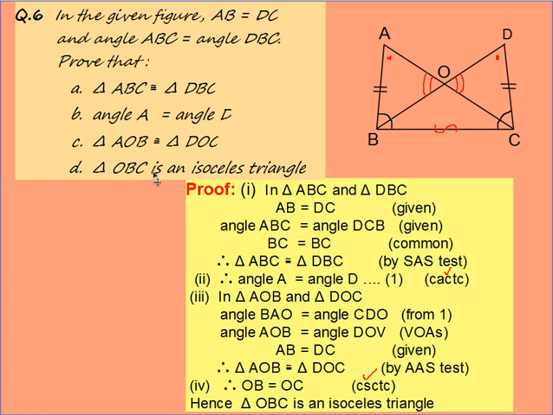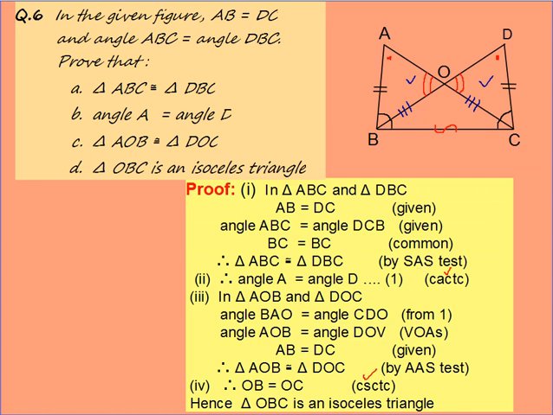Fourth part is OBC is isosceles. OBC is isosceles means they are expecting these two sides OB and OC. I am marking 3 lines because 2 I have already marked. So these are ways of marking. You can have 3 lines, 2 lines. It indicates that they are equal. So I have to prove them. So now I can write OB equal to OC by corresponding sides of congruent triangle, because these two triangles I have already proved congruent. So their corresponding sides are also equal or congruent. Hence OBC is isosceles triangle.